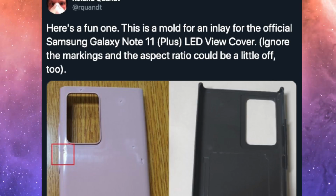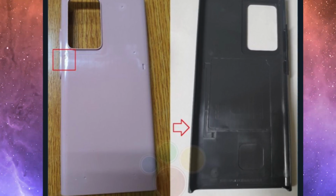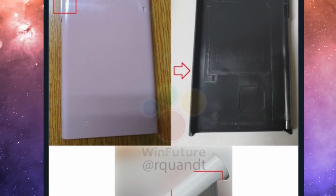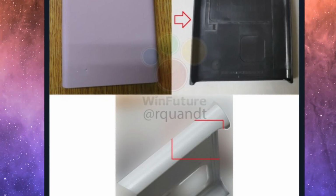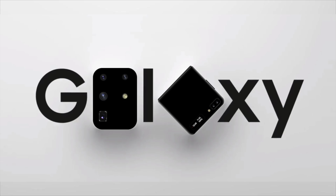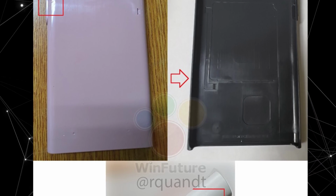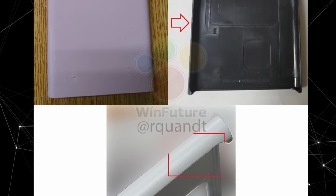According to Roland on Twitter, he's got a decent track record. He says that this is the LED cover for the Galaxy Note 11 Plus internally, which we know is going to be called Note 20 when it's out. Just like Samsung changed the naming for the S11 and called it S20, so it's pretty obvious. So the case is having a Galaxy Note 10 like shape with boxy corners and a huge cutout for that